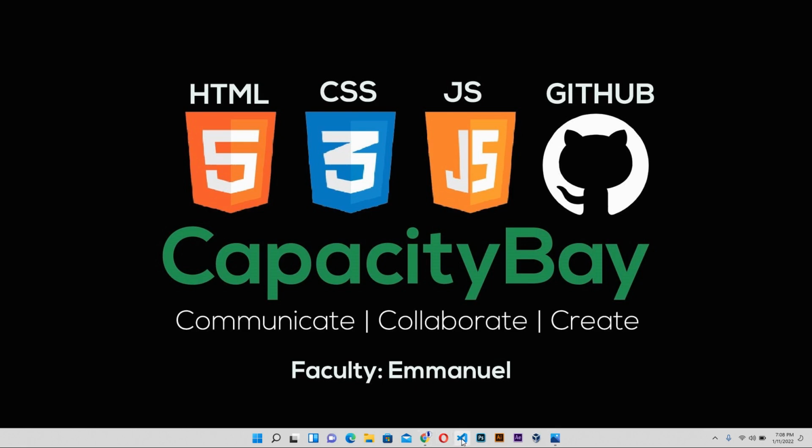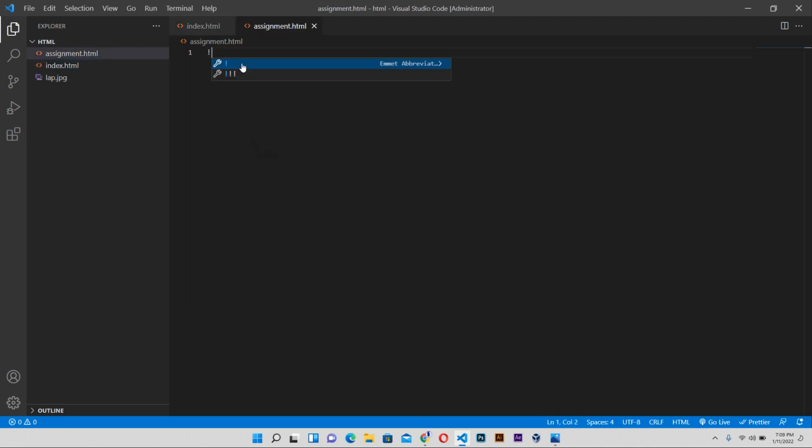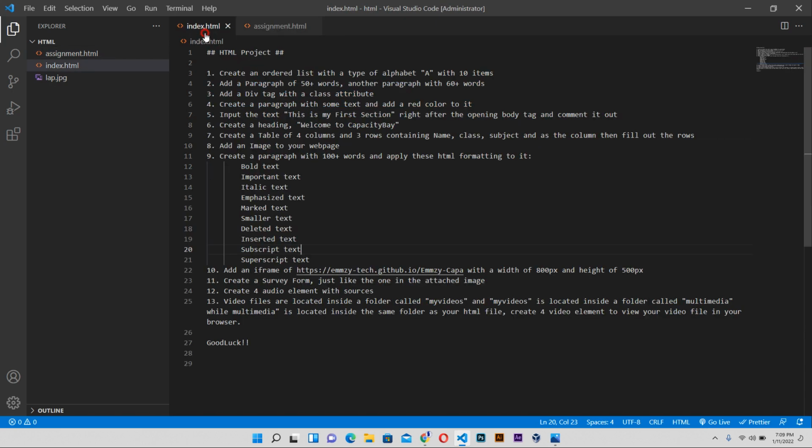So I already have my Visual Studio Code up here. I have the questions, and I'm going to create a new file. I'm going to call it assignment.html. Generate my boilerplate and give the title of assignment, and then let's start. The first question says create an ordered list with a type of alphabet A, with